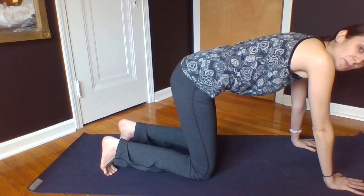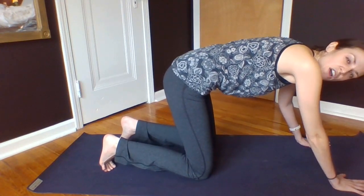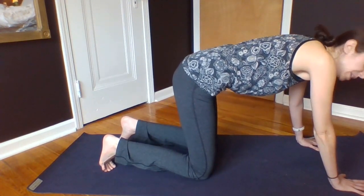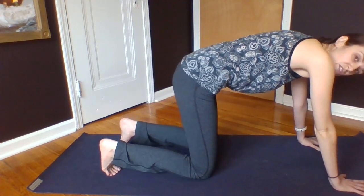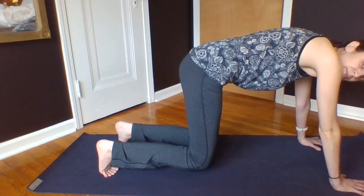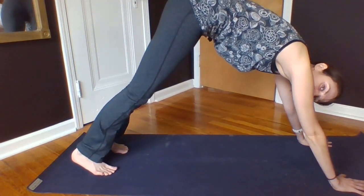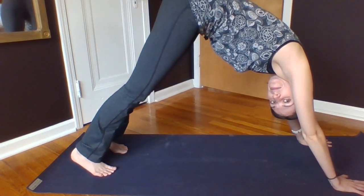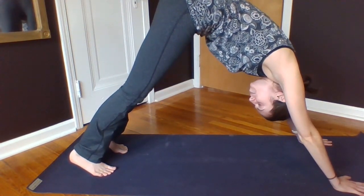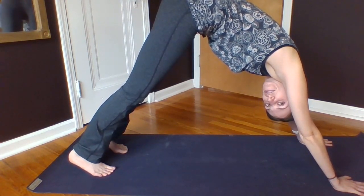How we're going to do it is from our tabletop, tuck the toes behind you. Spread the fingers comfortably wide so you can press through each knuckle of the hands. And from here, start to lift the knees slowly. So we'll eventually straighten the legs as much as possible. And you can keep a soft bend to the knees if needed. But we're working to make like an upside down V with our body. So the heels releasing towards the floor,